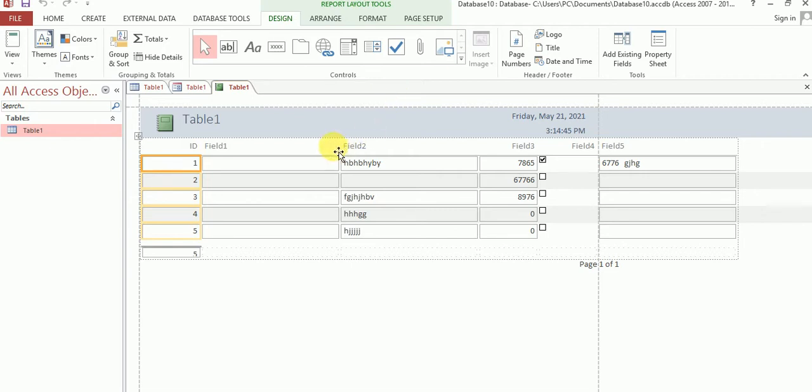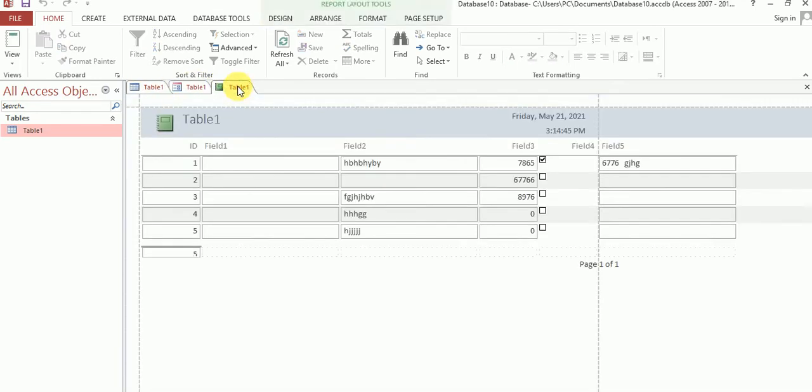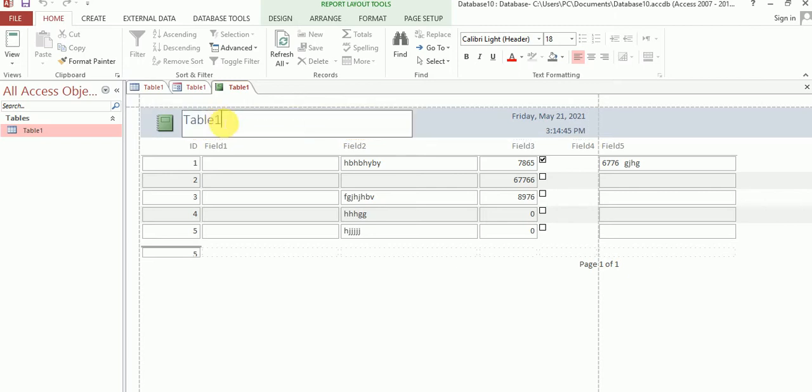Okay, you can see my report. I think my table number one, table one. Okay, table one report. Table name is table one. So you can see table number. Okay, you can change it also. Okay.